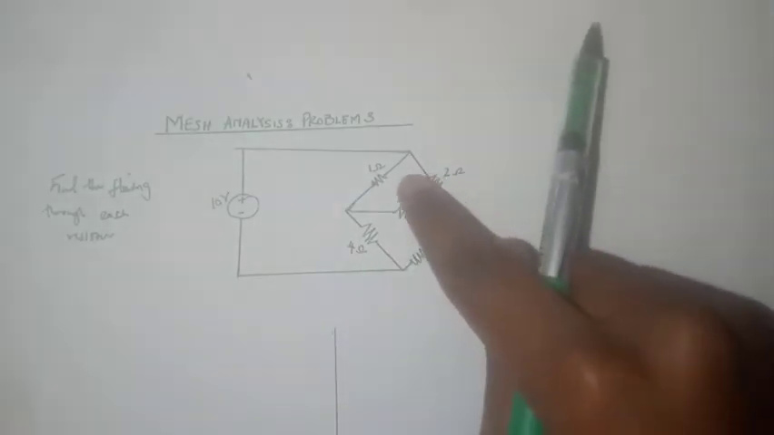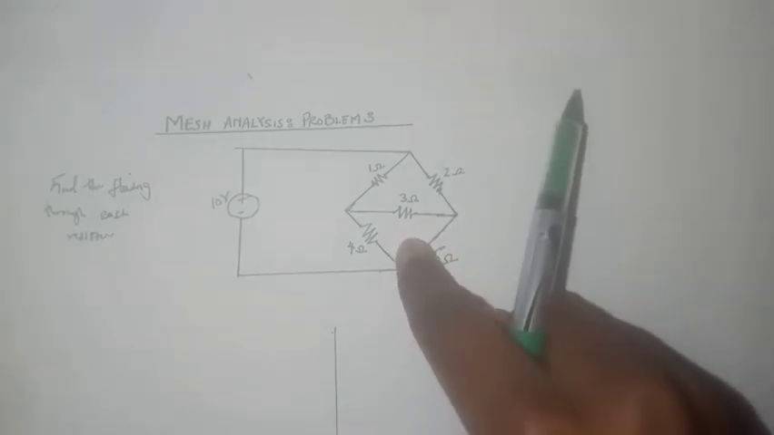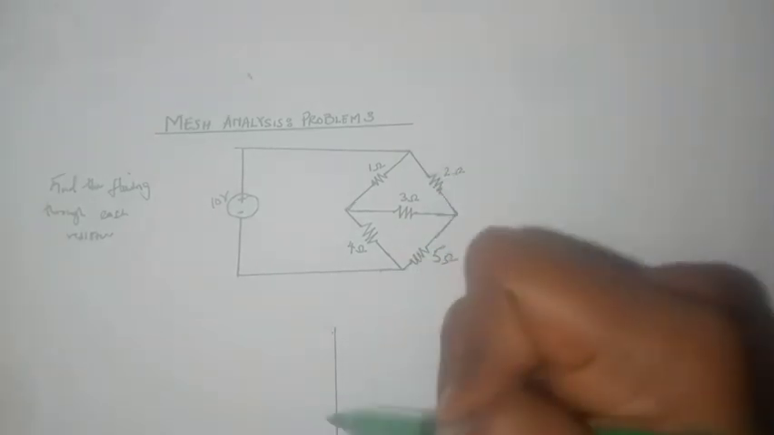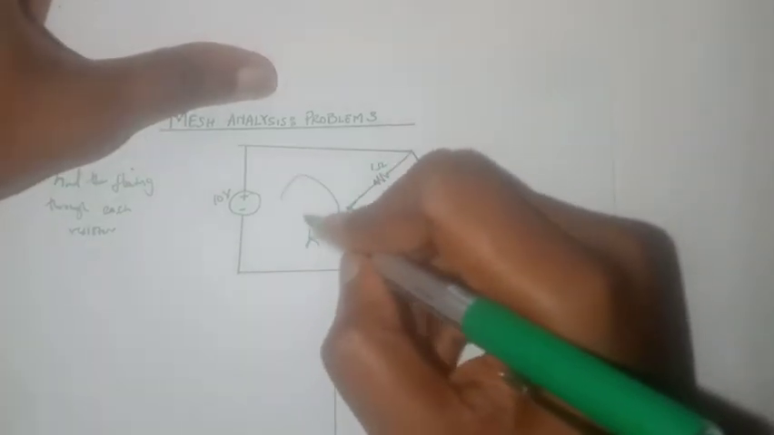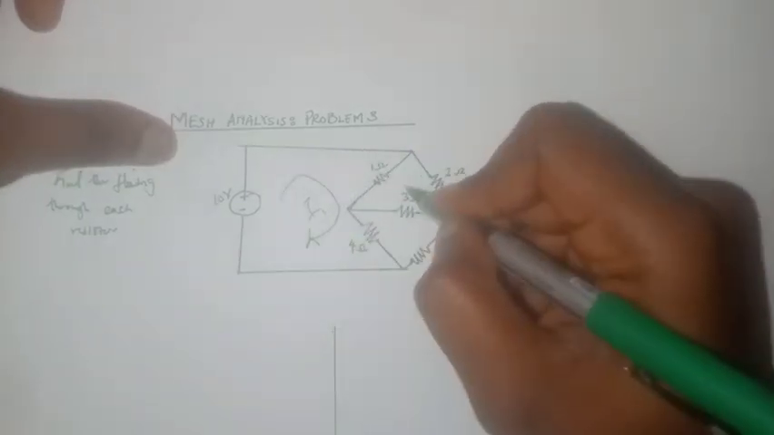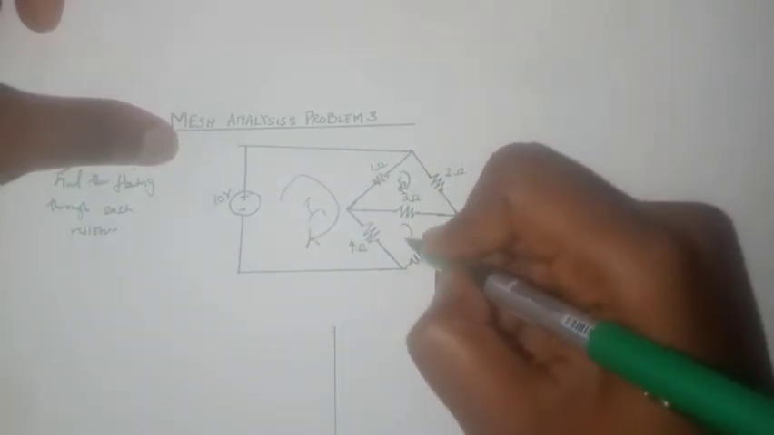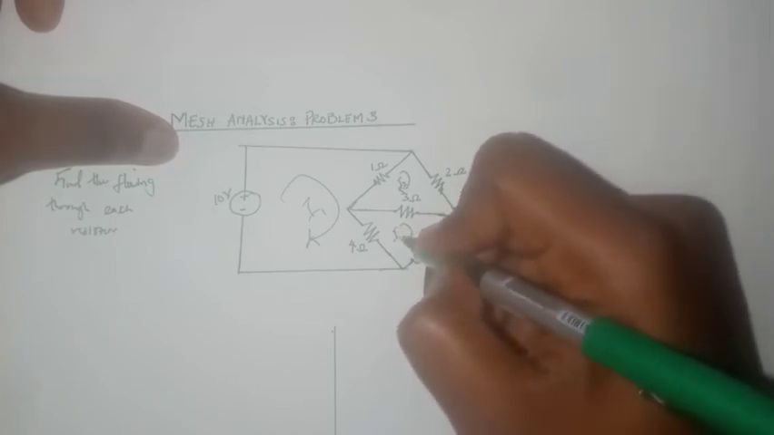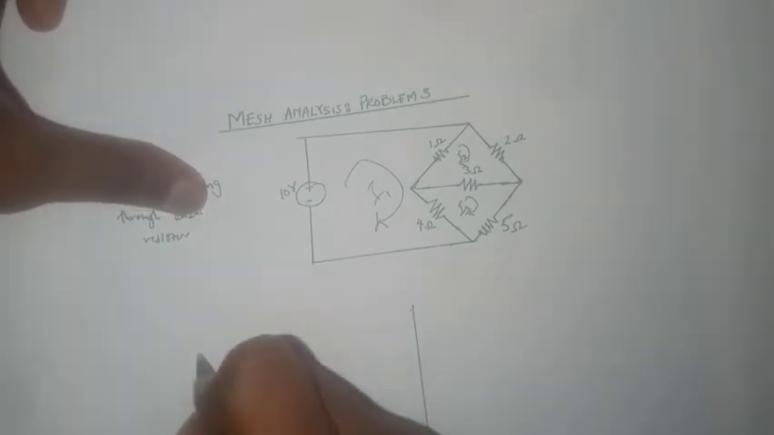Now the first thing we're going to do is identify our meshes. This will be mesh 1, mesh 2, and mesh 3. Then we assign a current to each mesh. So this would be I1. Let's make this mesh current I2, and we make this mesh current I3. Okay. Now at mesh 1,